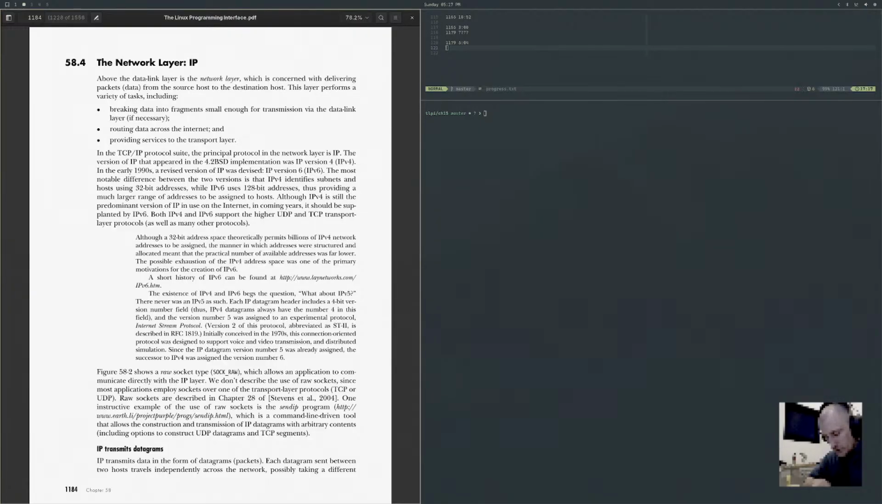Although a 32-bit address space theoretically permits billions of IPv4 network addresses to be assigned, the manner in which addresses were structured and allocated meant the practical number of these available addresses was far lower. The possible exhaustion of IPv4 address space was one of the primary motivations for the creation of IPv6. A short history of IPv6 can be found at